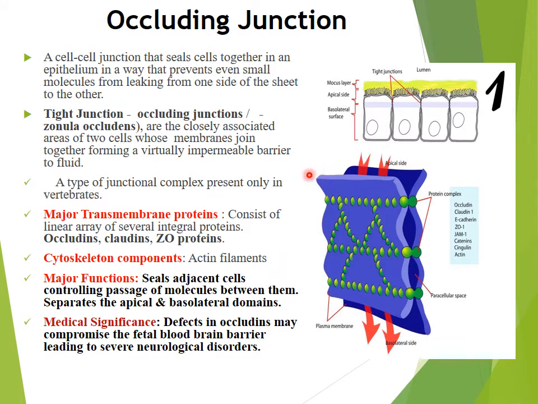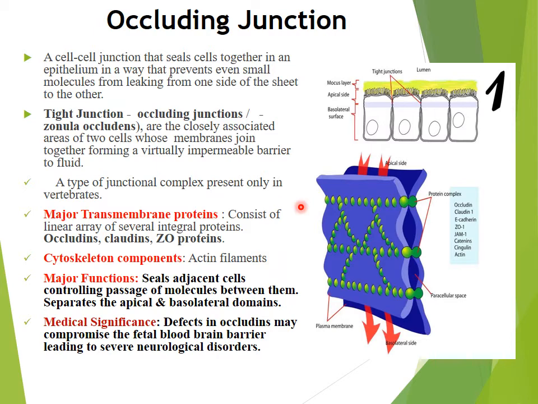So when we discussed the transitional epithelium, you know that the dome-shaped cells have tight junctions in between them because they have to hold the urine. The transitional epithelium, which is lining the minor calyces to the urethra, has to transport the urine. So there should not be any leakage of the fluid into the extracellular vicinity. So there we require the tight junctions.